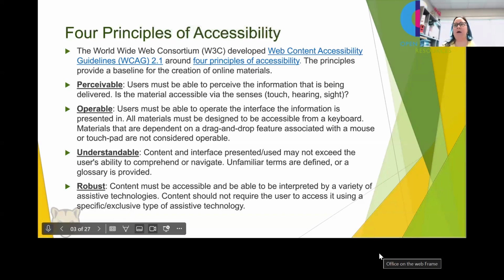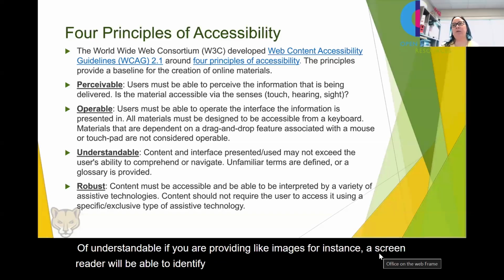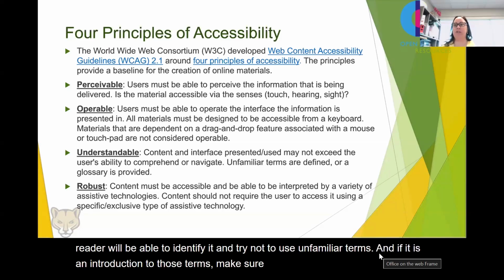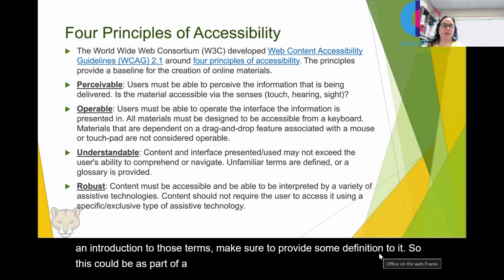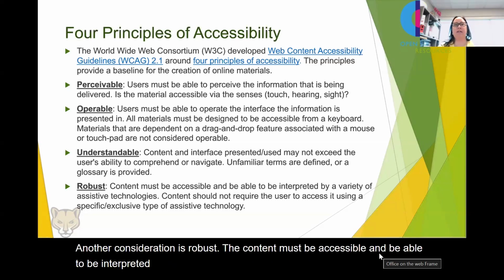So in terms of understandable, if you're providing images, for instance, a screen reader will be able to identify it. And try not to use unfamiliar terms. And if it is an introduction to those terms, make sure to provide some definition to it. So this could be as part of a glossary. Another consideration is robust. The content must be accessible and be able to be interpreted by a variety of assistive